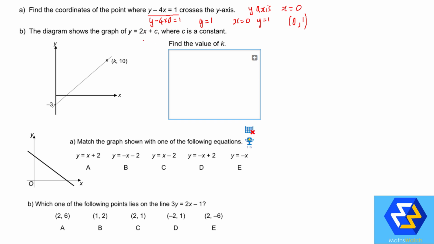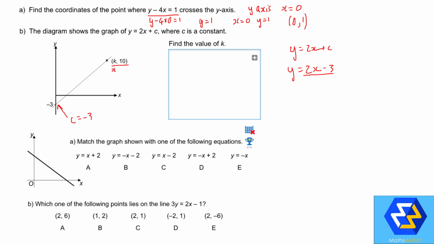Now find the value of k. This diagram shows you this coordinate here. So what we need to do here is y equals 2x plus c. Now, some of you may be getting this wrong because of the way mathswatch asks for the answer, but you can see c here equals minus 3. So then we can write y equals 2x minus 3. That's a good step. That should get you a mark. So it says find the value of k. Well, we know k is just a number,